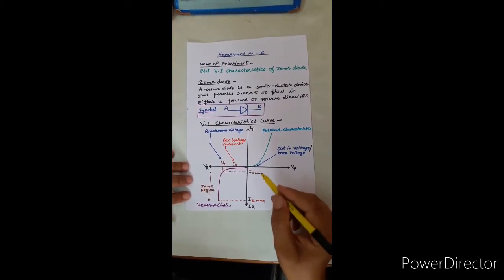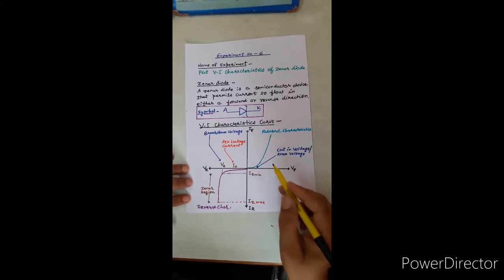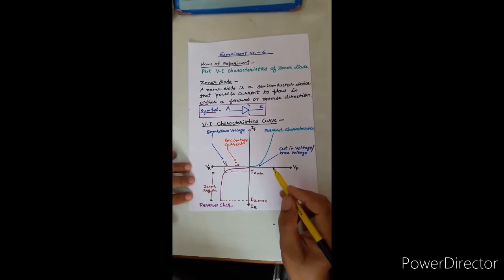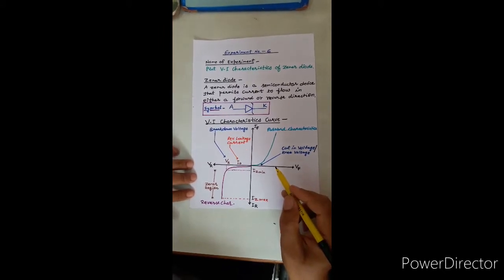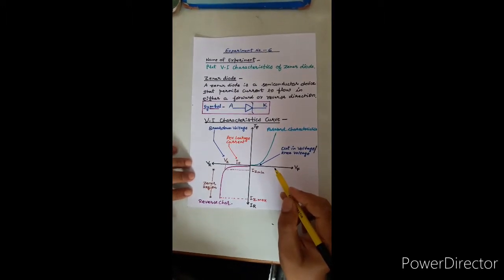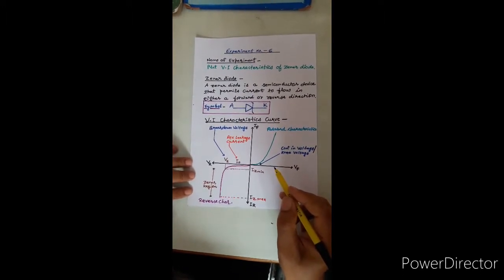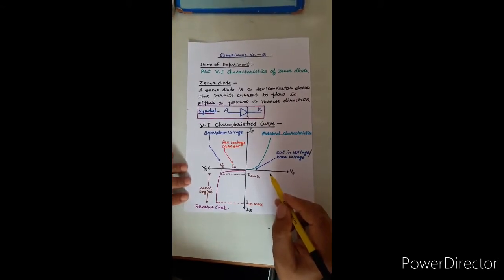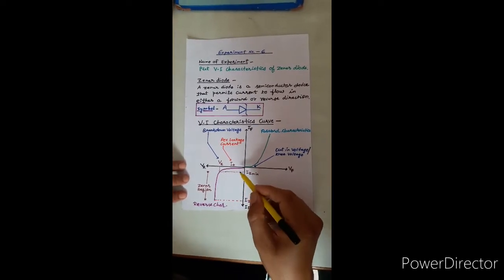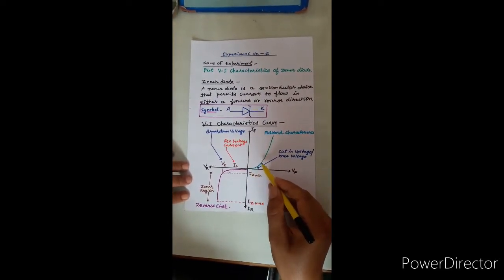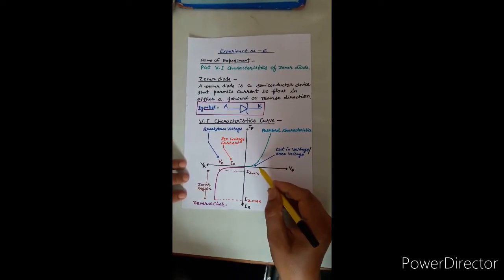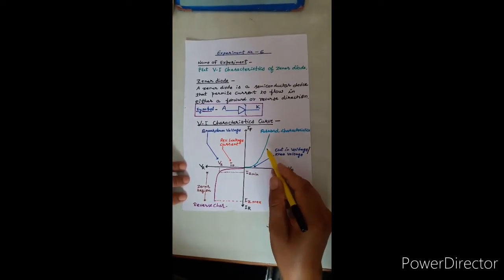When a positive voltage is applied to the Zener diode, initially there will be no conduction because all diodes have a cut-in voltage. For example, for silicon it is approximately 0.7 volt. After exceeding 0.7 volt, the diode will start conducting because 0.7 volt is the cut-in voltage for silicon. When the cut-in voltage is reached, a large amount of current flows in the Zener diode, but forward voltage VF will be limited. If you go on increasing the voltage, the Zener diode current will keep increasing.